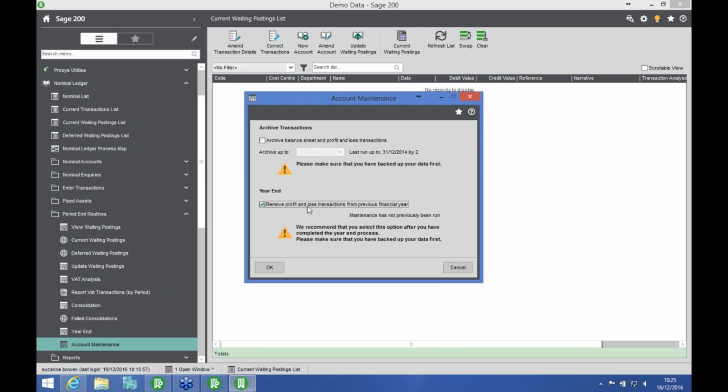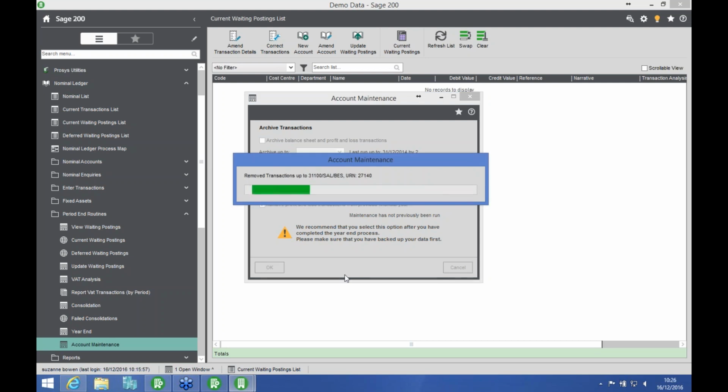It will also ask if you want to remove the profit and loss transactions from the previous financial year. And again, I'm inclined to suggest you do this for 2 reasons. First of all, it will keep your data neater, so when you're looking at your profit and loss accounts for sales or anything else, you only see the current transactions for the current financial year. Also, you don't have to keep the historical transactions because we've made that backup company, so we can always refer back to that company if you need to view those transactions at a future date. So if I were to just say OK to that,